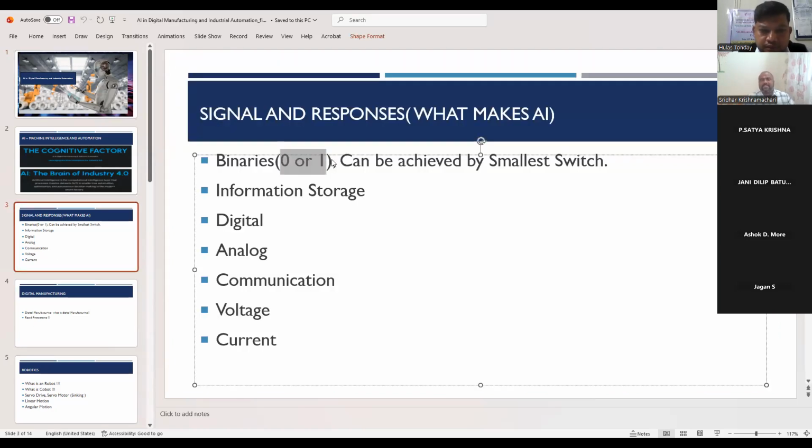The zeros and ones are the main thing. For example, how we are interacting: I'm speaking with both video as well as voice. How are we receiving everything in the form of zeros and ones? But it's instant, right? It is not even a fraction of a second. If I speak, you can listen in a fraction of a second.